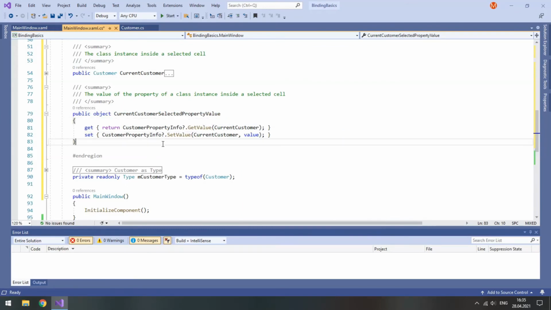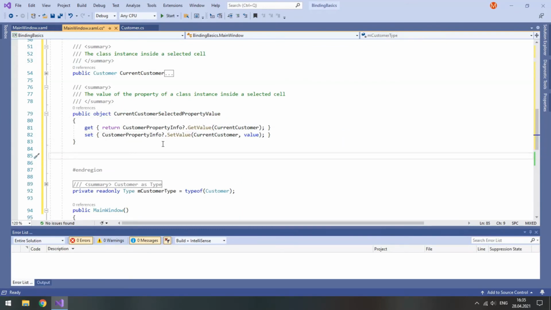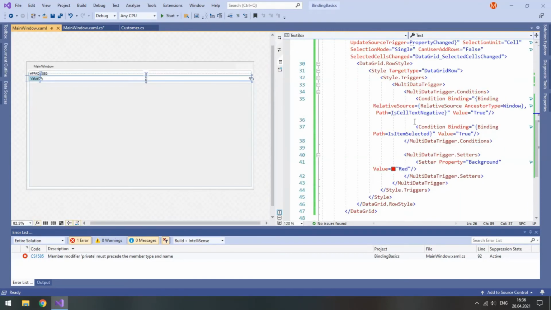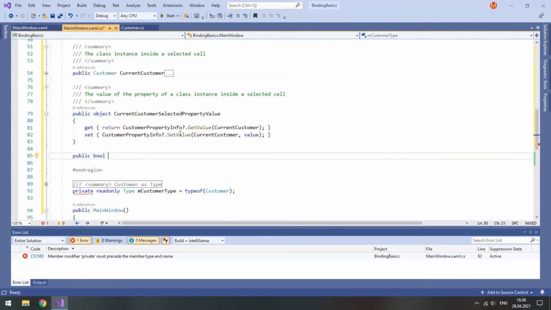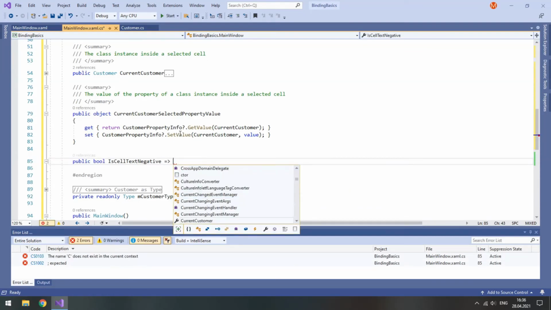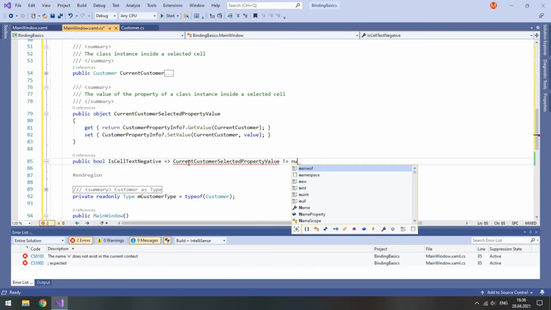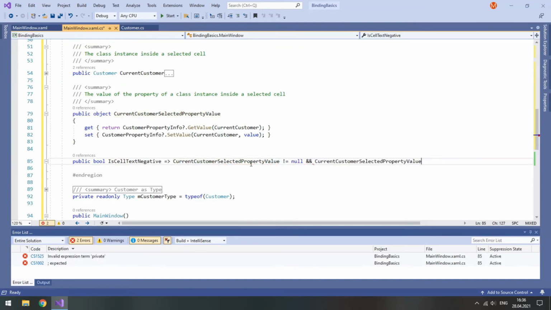And finally we need just one more public property to check if the text box has a negative value. So public bool, and we named it is cell text negative. It's a read-only property that first checks if current customer selected property value is not null, and if this value converted to string contains a minus sign.